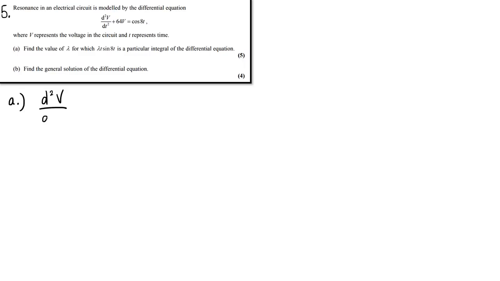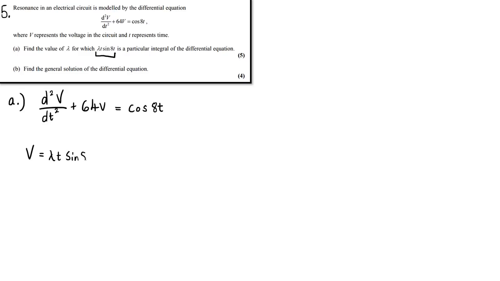We just write this down here to start with, and that's equal to cos 8t. Okay, so for a question like this where we need to find a value of, in this case, lambda, for which lambda t sine 8t is a particular integral, then what we're saying here is we're going to take v and we're going to say that's equal to this expression here. Okay, lambda t sine 8t. So I'm saying v is equal to lambda t